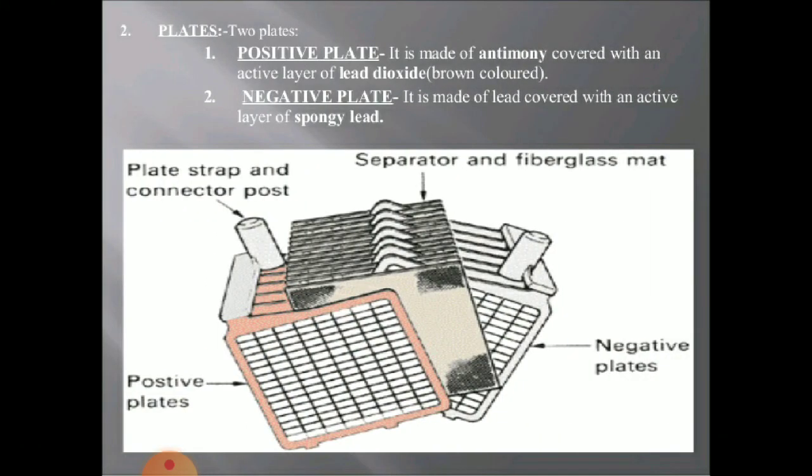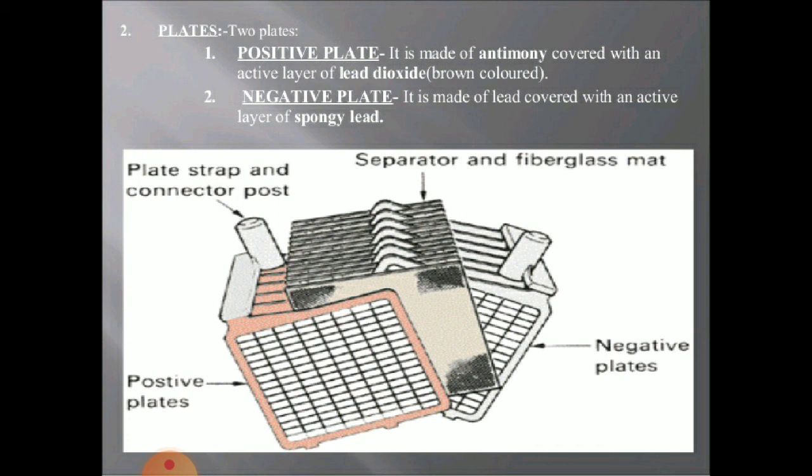Then we have plates. The most important thing to remember is the materials used for making the positive as well as negative plates. They are clearly shown in the picture. The grids for the positive plates are on this side with shady brown, and the grids for the negative plates are on this side, shady gray colored. In between them is the separator. Separators may be made up of microporous rubber, cloth, or plastic. So these materials will be used as a separator.